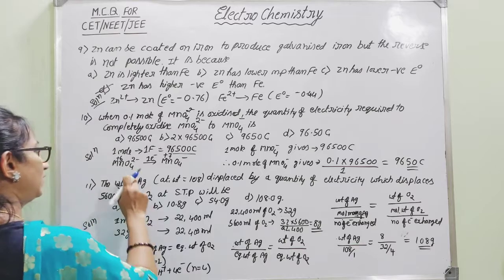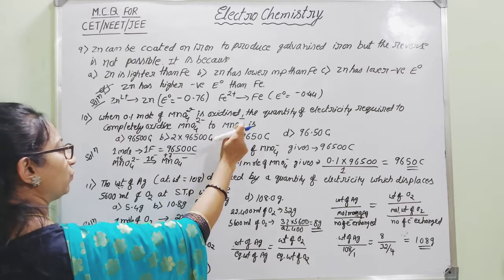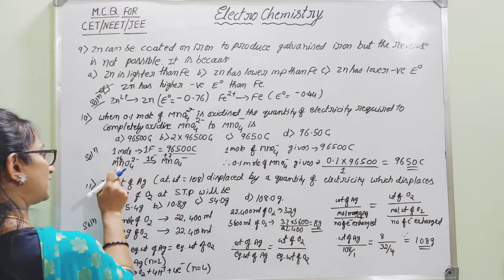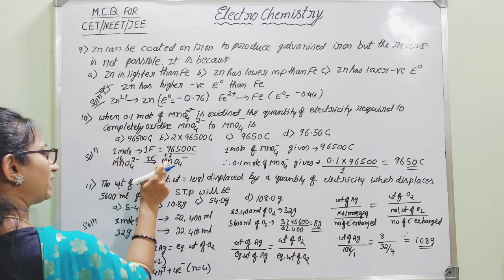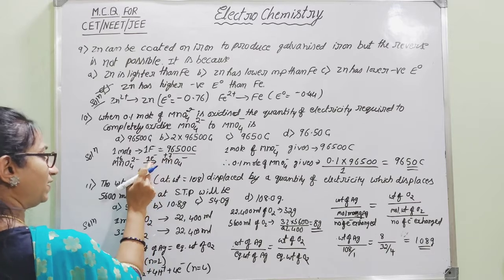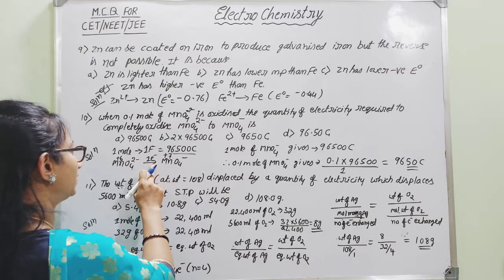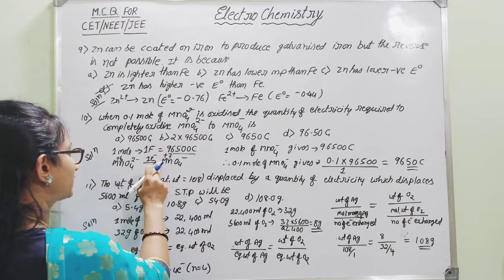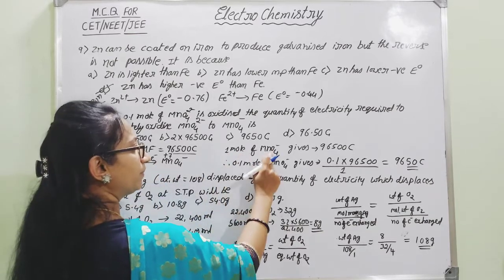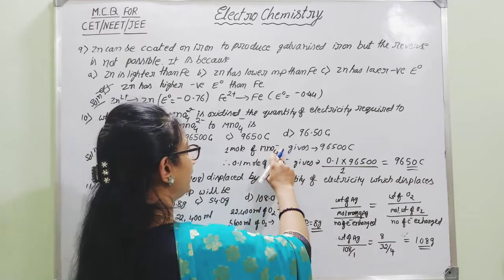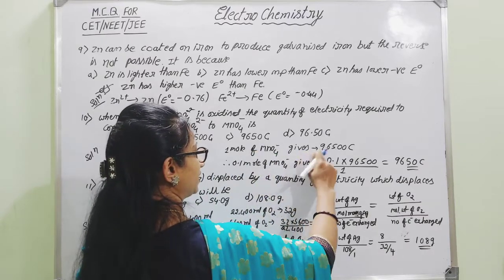96,500 coulombs. Here, if we consider this expression, MnO4 2 minus is converting into MnO4 minus. Here Mn has a plus 6 oxidation state, and here Mn has a plus 7 oxidation state. So for plus 6 to become plus 7, how many electrons are removed here? 1 electron is lost. Therefore, for the removal of 1 electron, there is no prefix 2 or 3, only 1, so it corresponds to 1 electron. Here, if 1 mole of MnO4 2 minus reacts, how much Faraday of electricity does this reaction generate?